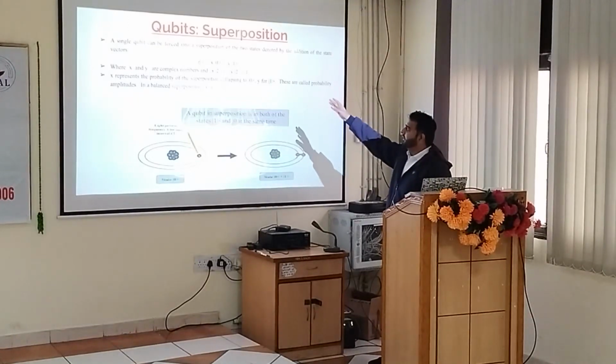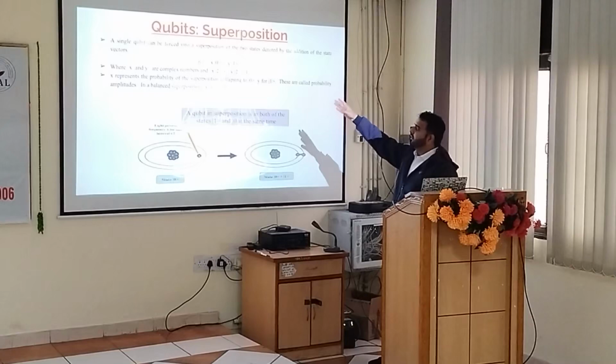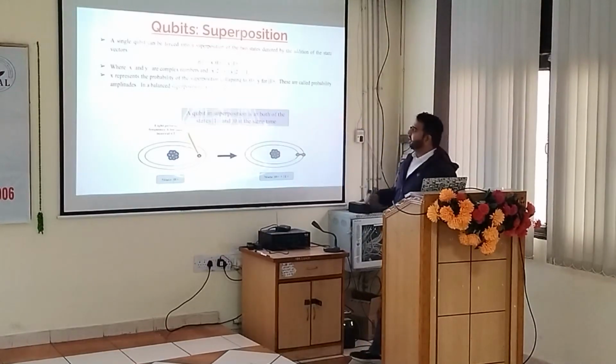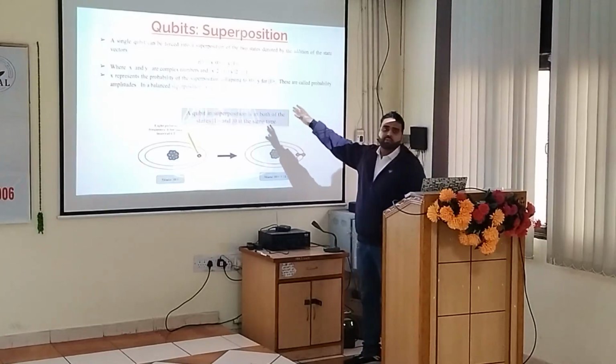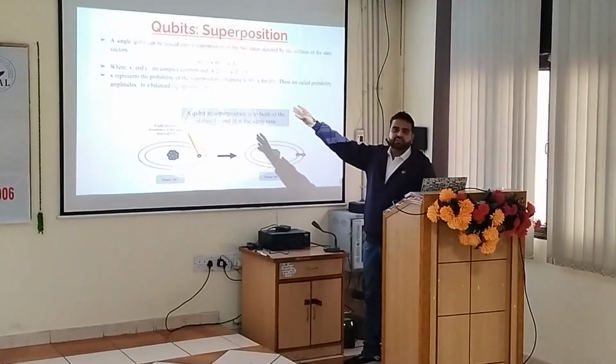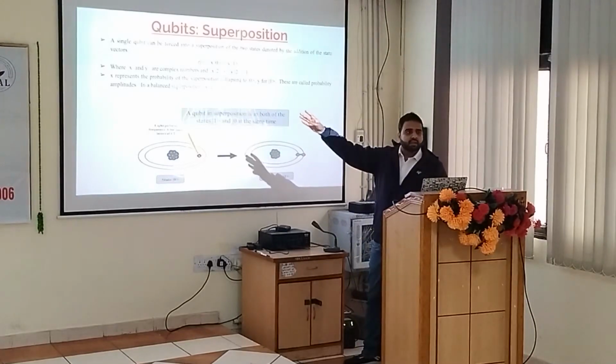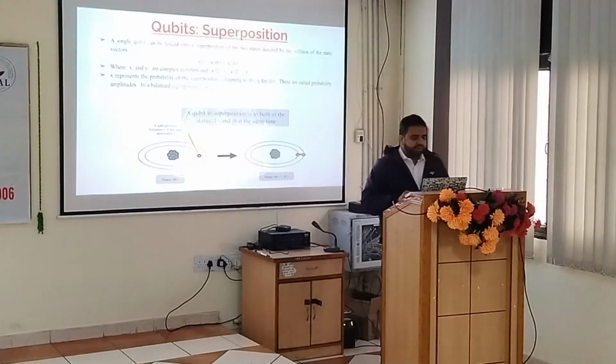We have z, then x, y, where x denotes the probability of state 0, y denotes the probability of state 1. We have one normalization condition, x square plus y square should equal 1. That condition has to be satisfied. This is known as the normalization condition. Clear? So this equation has to be satisfied. There are a number of probabilities that you can have. For example, 1 by root 2, 1 by root 2, or 1 by root 2, minus 1 by root 2. If you square and add them, you will get 1 here. That is the normalization condition. Clear? I hope you are familiar with this. Have you gone through this earlier also?